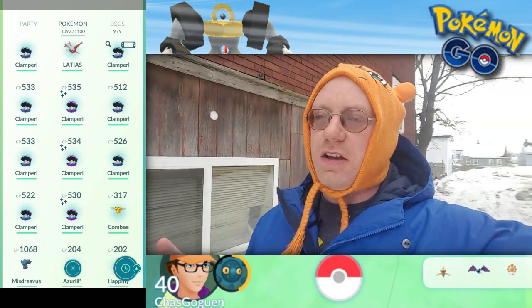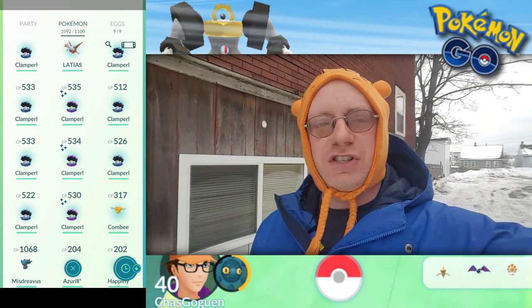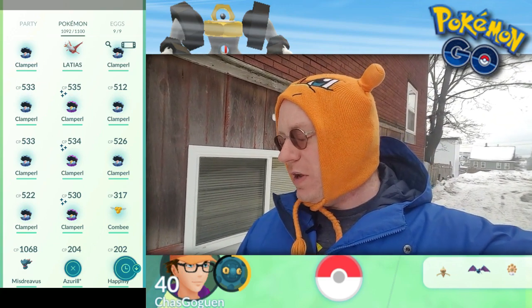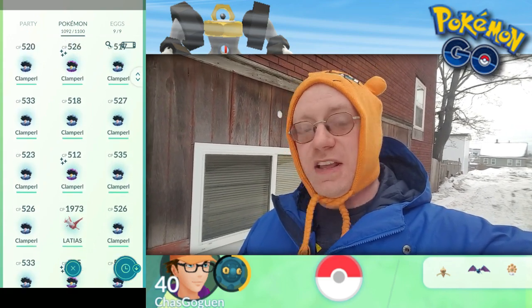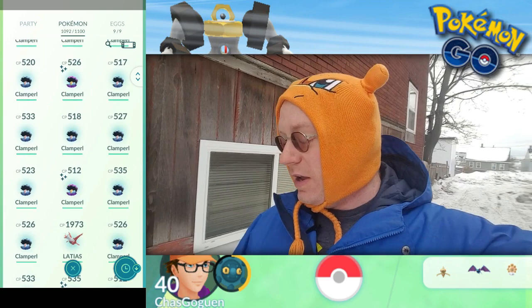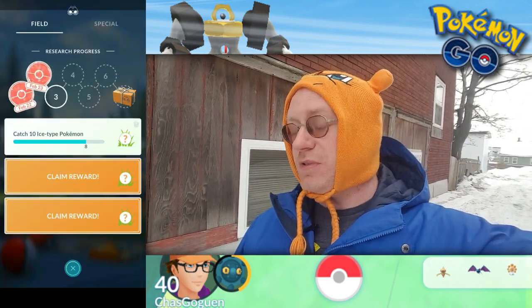And I guess they probably will be doing this for every time a new field research day happens for a new species in Pokemon Go. And I'm not too upset about that. That's going to be kind of cool if they introduce a new species and the shiny comes with it right away. Alright, now, I still have 2 more tasks to claim from Clamperl, so that's going to be 2 more,